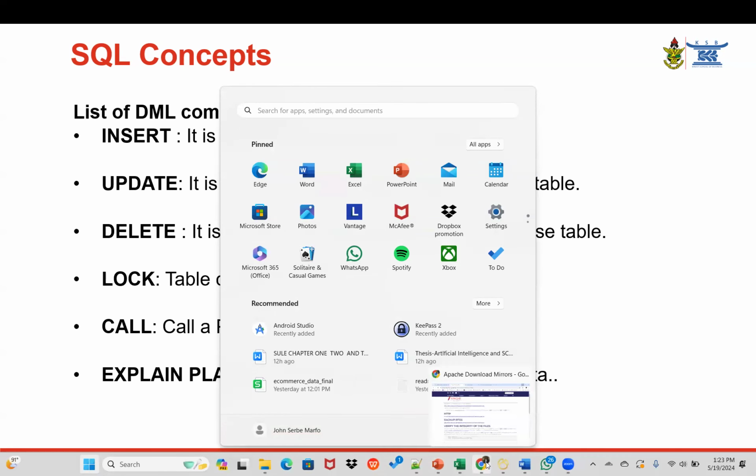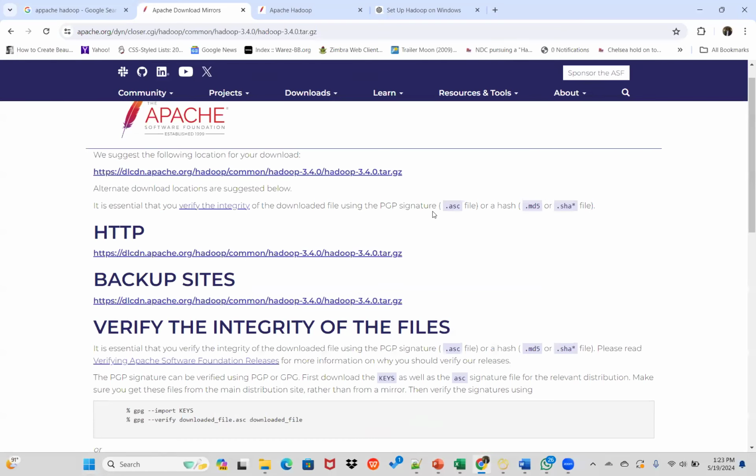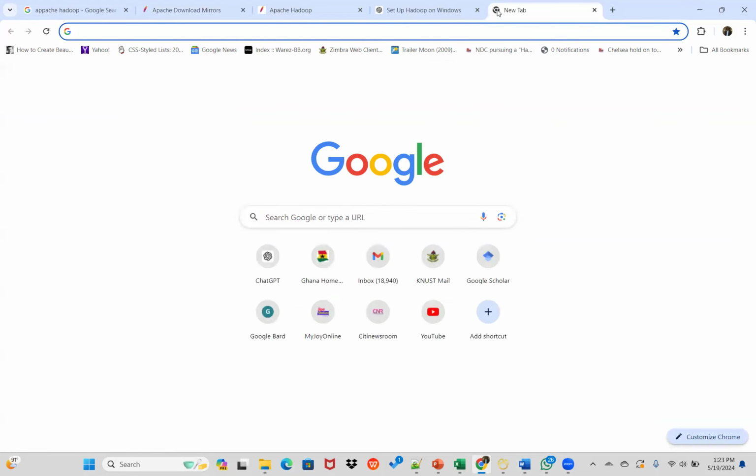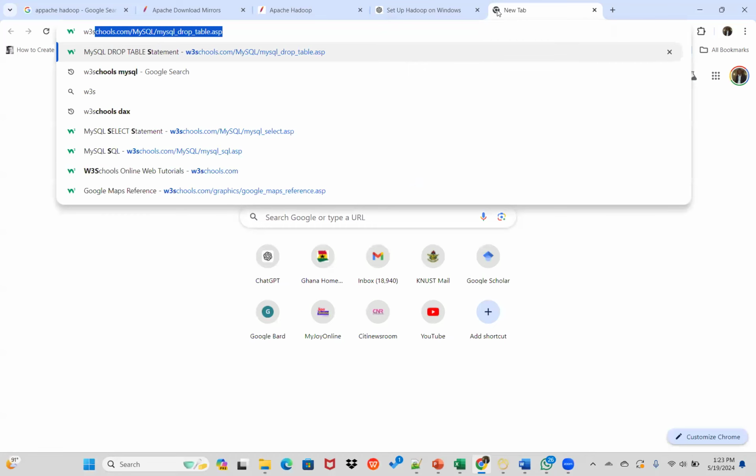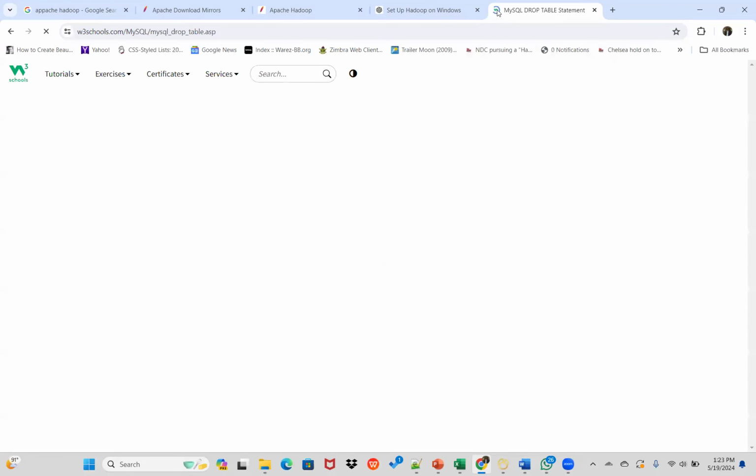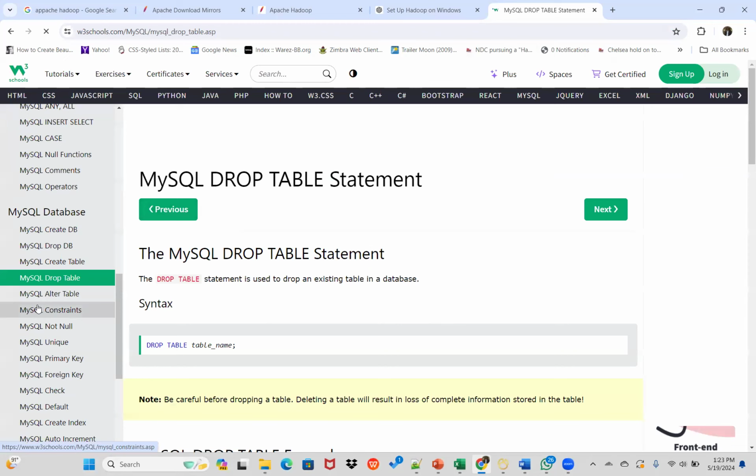So I'm going to switch. Next week, when I'm done teaching Hadoop and the rest, we'll try and set up a Hadoop environment, okay? And try to run something on HDFS and see. W3Schools. MySQL. Okay, so